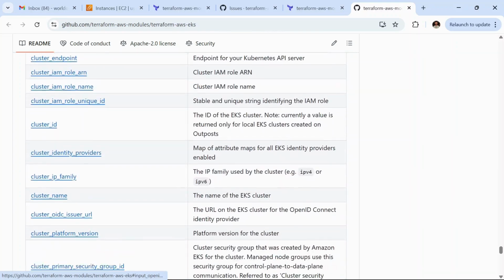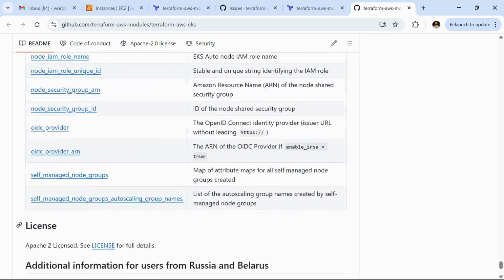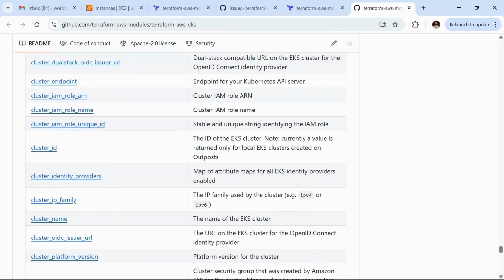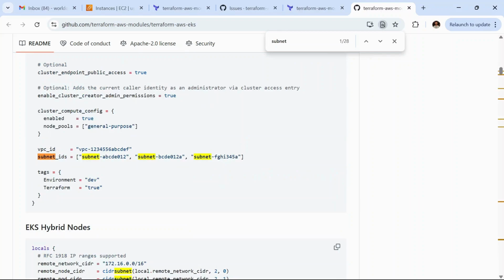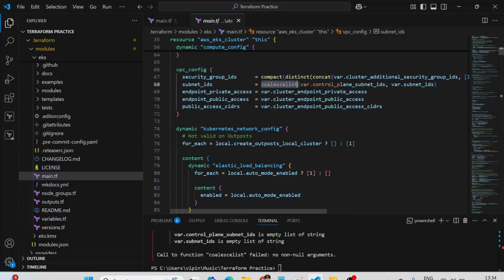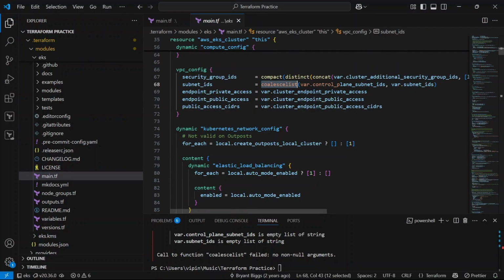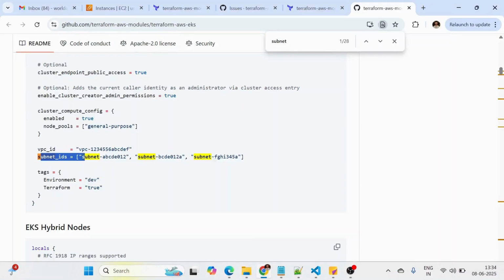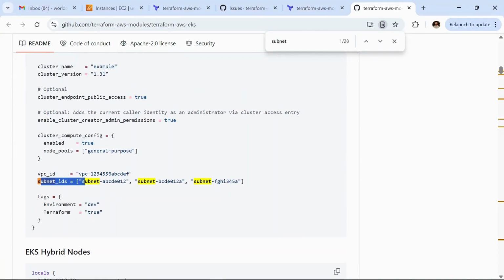As you can see, a VPC ID, and we have passed the subnet ID like this, and in this module we are not passing the subnet ID. So we need to pass the subnet ID where we want to provision this EKS cluster, so that this module will work perfectly.